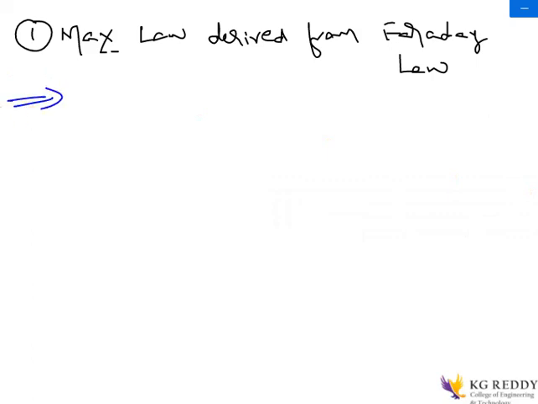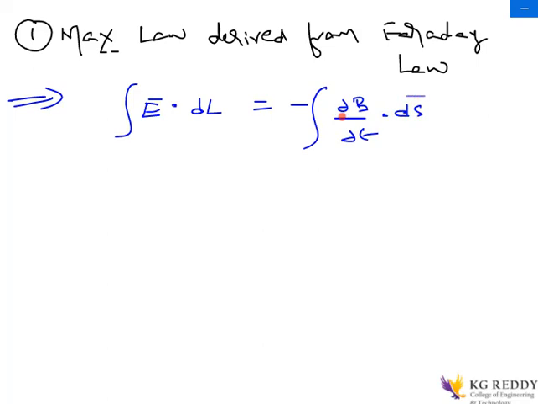As you know, in Faraday's law of electromagnetic induction for the time varying fields, we have given this equation where closed integral of E dot dl, which is the voltage, the electromotive force, is equal to minus dou B by dou t dot ds. This equation we have taken from Faraday's law for the time varying fields, which we have already discussed earlier and derived.